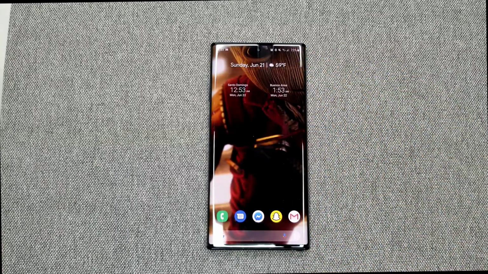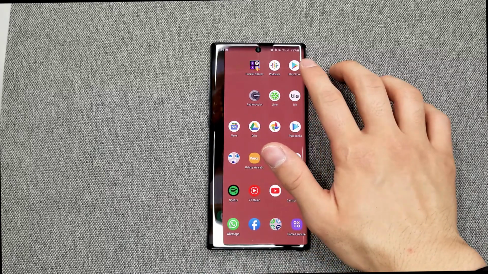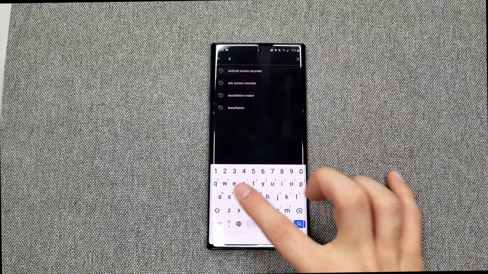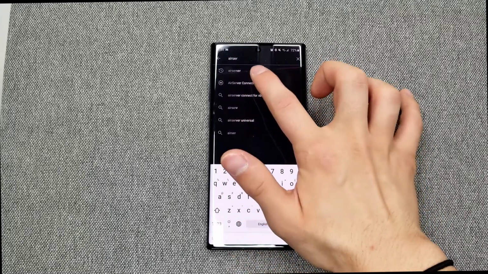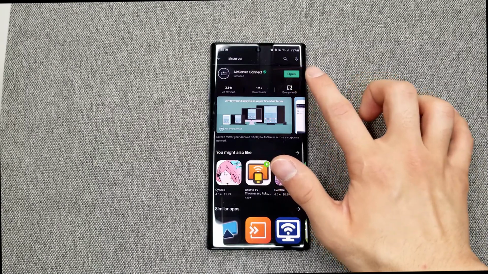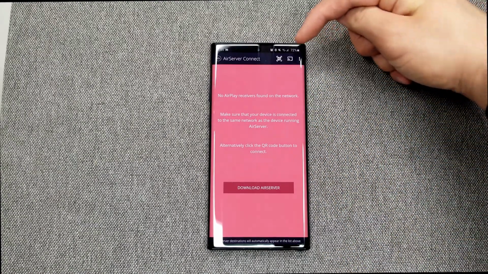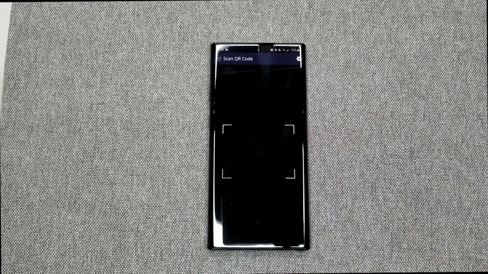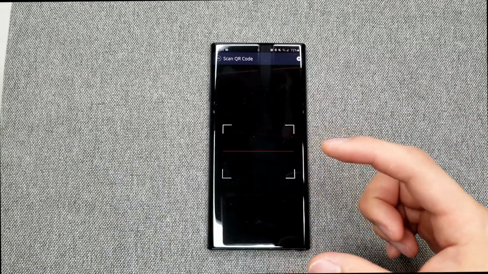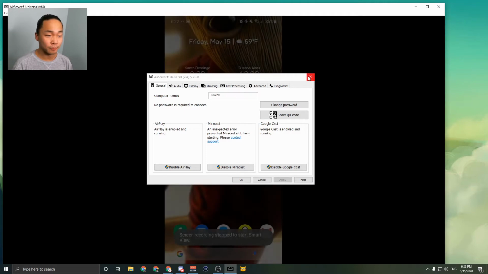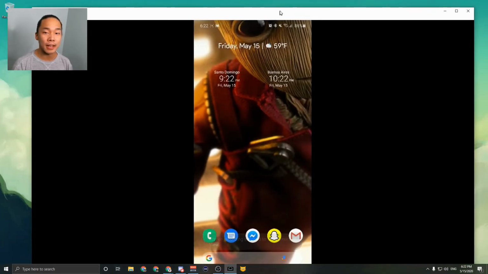If you have an Android phone without the native feature to share your phone screen, or if you're using an iPhone, you can download the AirServer app from the Play Store for Androids or from the App Store for iPhones. Open the app, select the option of connecting via QR code. If necessary, allow permission for the app to use your phone's camera as a QR code scanner, and scan the QR code that you see on your computer screen. Following any of these methods will link your device and your computer, and now you can move on to the